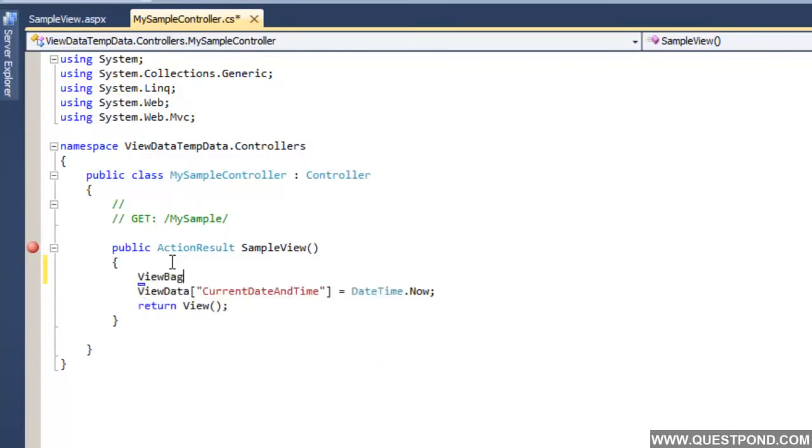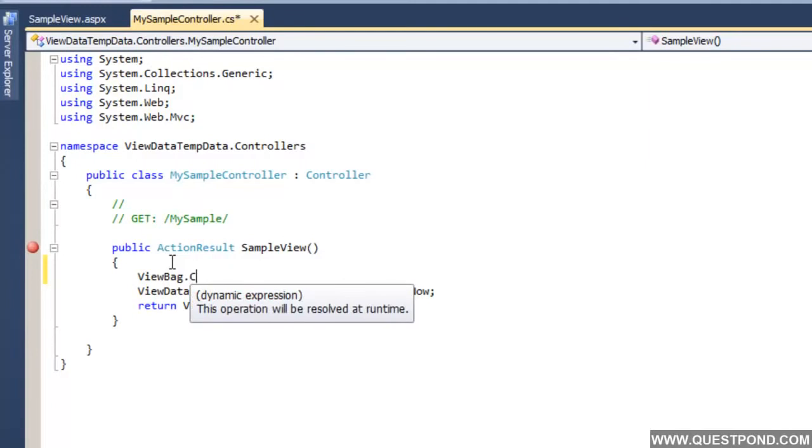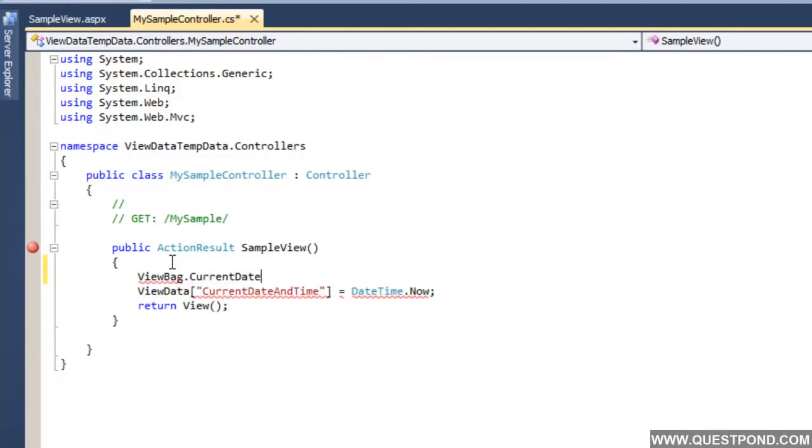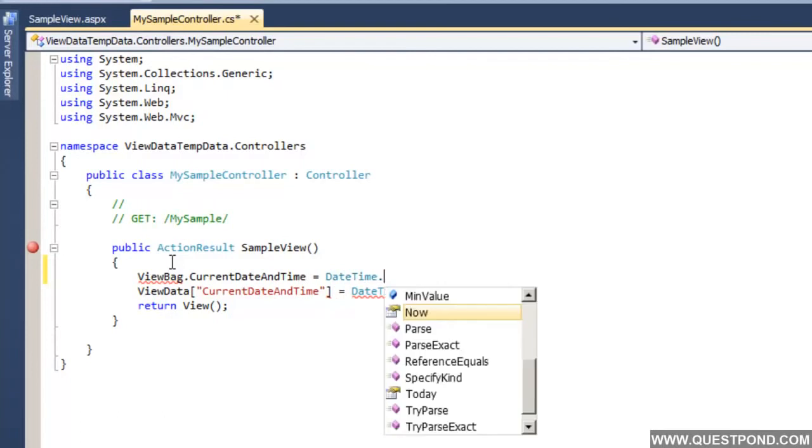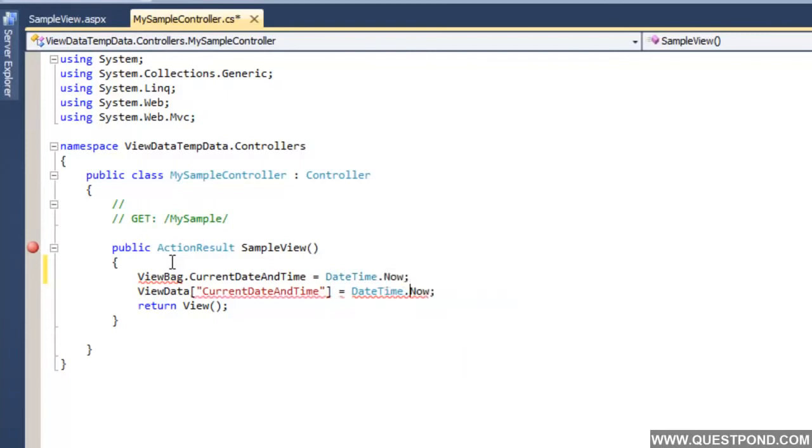You will say here ViewBag dot, and then you can say CurrentDateAndTime and whatever value you want to set. So DateTime.Now. That's it. Now you can see how our syntax has simplified, right? I'm not using those square brackets and double quotes and that kind of syntax.